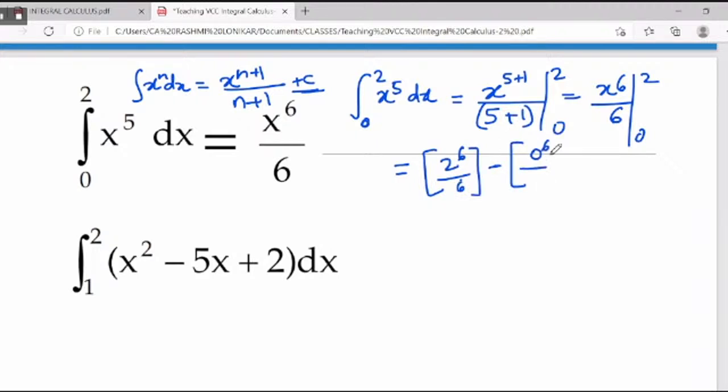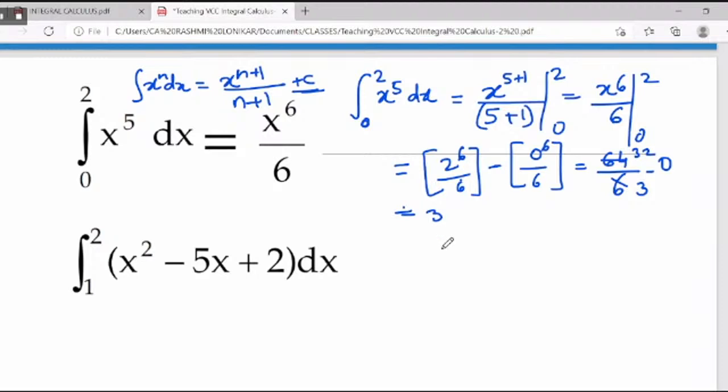0 raised to 6 upon 6. Now 0 raised to 6, I know, is 0. So 2 raised to 6 is how much? 2 raised to 5 is 32. 32 into 2 is 64. So this is equal to 64 upon 6 minus 0. This 2 3s are 2, 32s are,